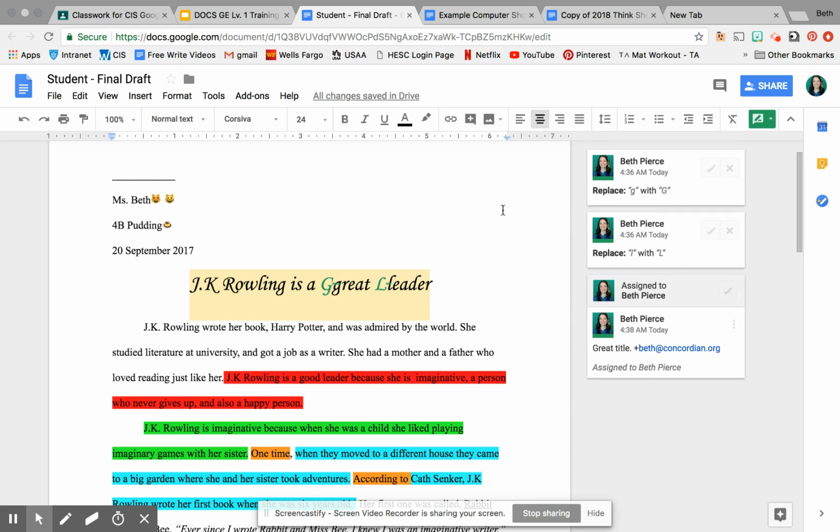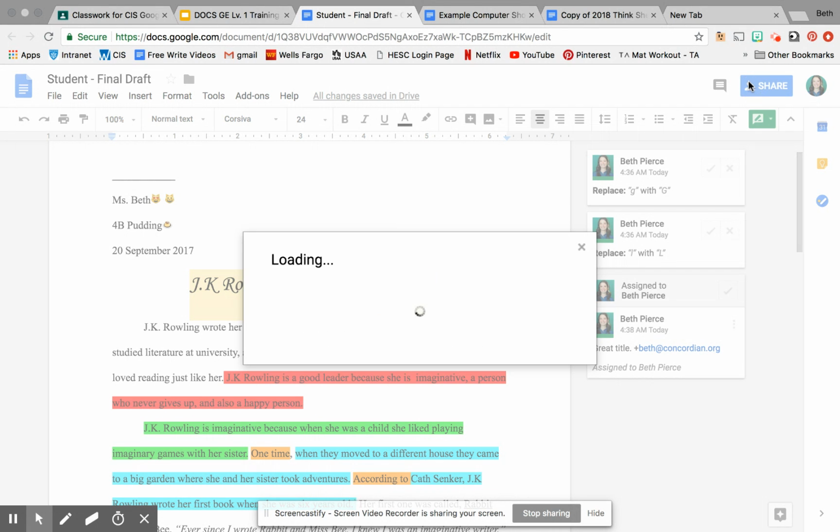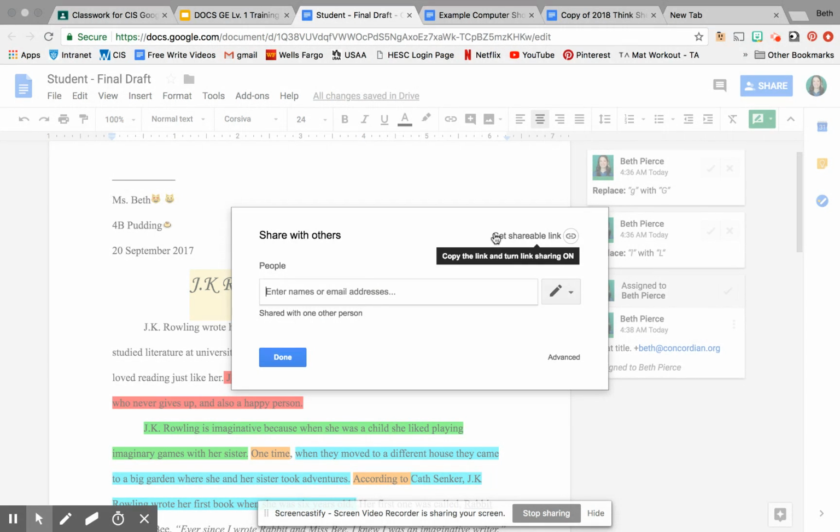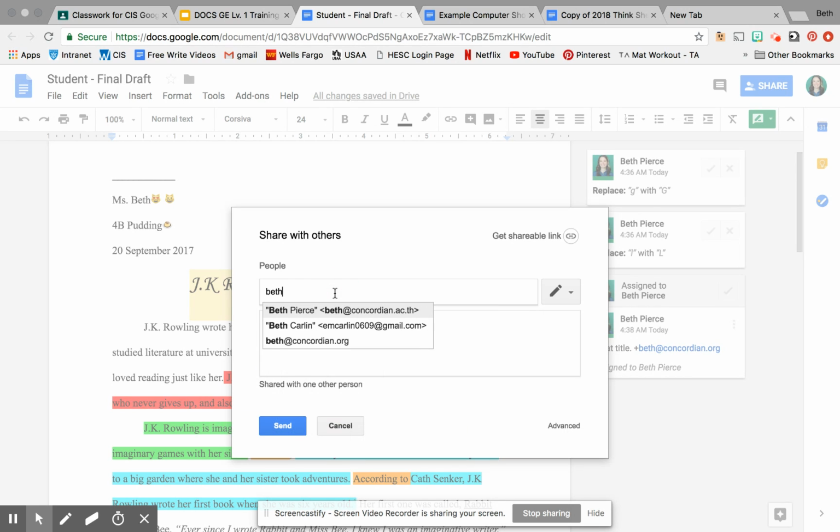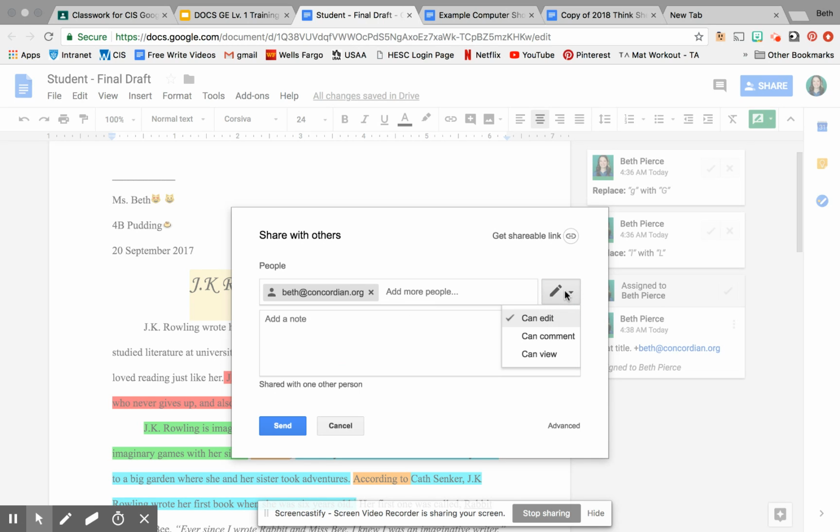Now, your share options when you're within a Google Doc: if you click the share icon at the top, you'll get the general, easy access, kind of compact version of share options. And this is where you could type in anyone's email and be able to share, hopefully within a network or a friendly network if it's been assigned by your admin. So here I can share with Beth at Concordian.org,